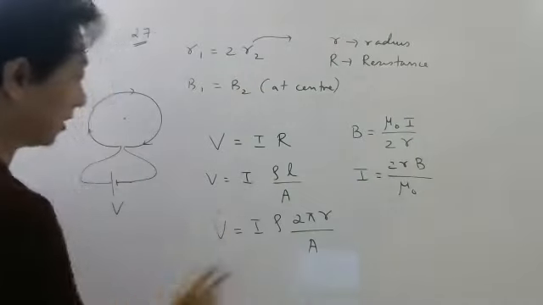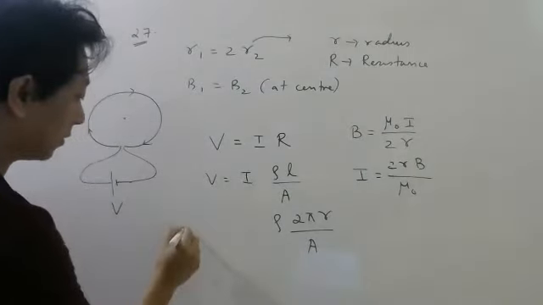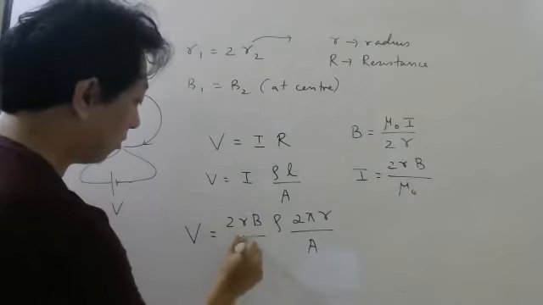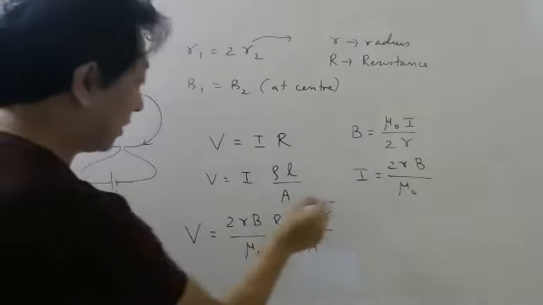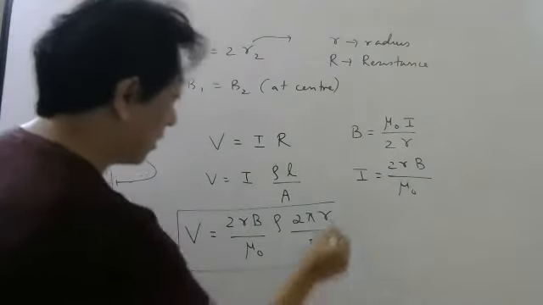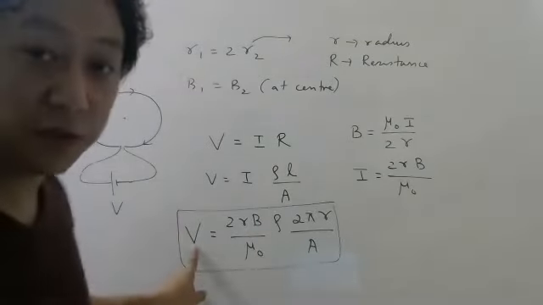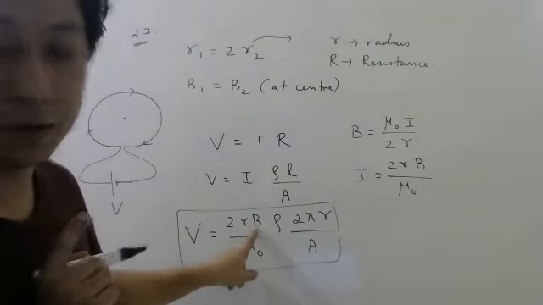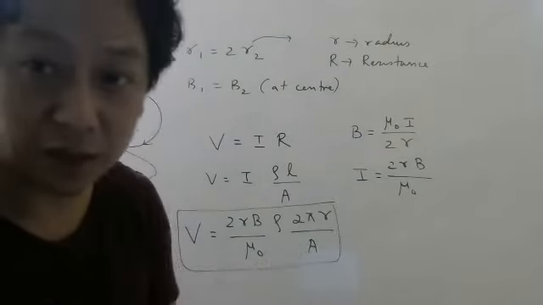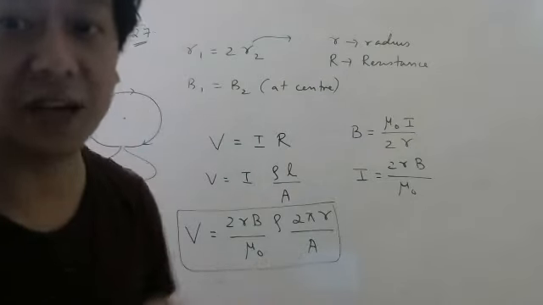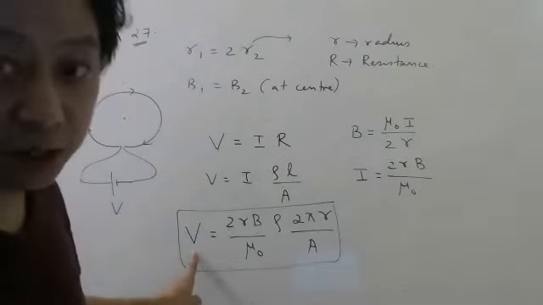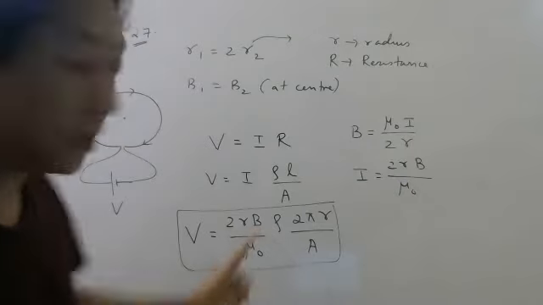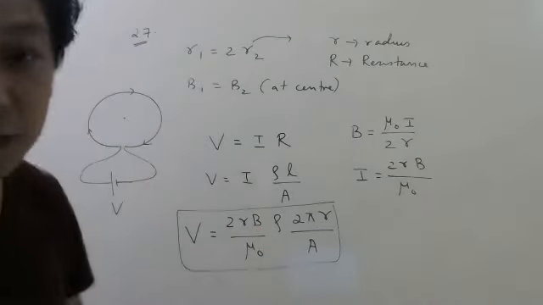So let us substitute this here. So potential difference will be 2R magnetic field by mu naught. The reason why I am doing this is because in the problem they want the potential difference, and they have told us the magnetic field is the same. So we are trying to write in terms of given quantities and whatever is asked. They are asking about the ratio of potential difference and they have given that the magnetic field is the same, so I am writing the whole formula in terms of magnetic field.